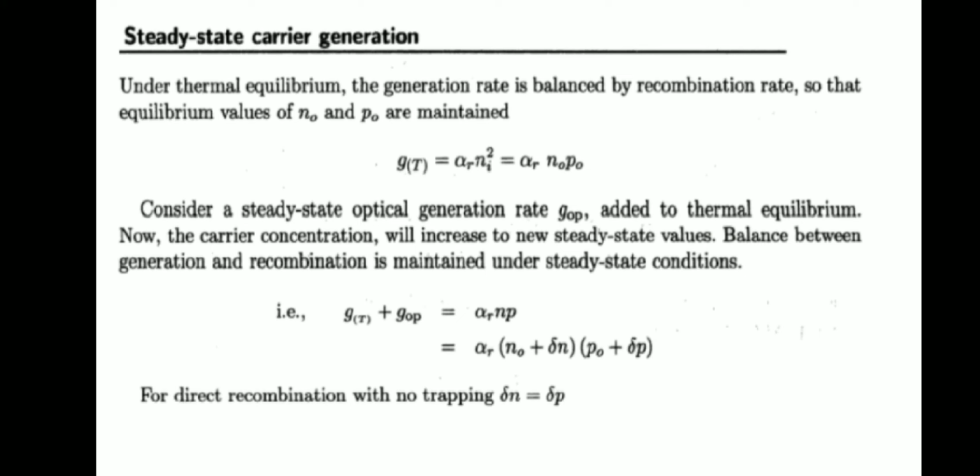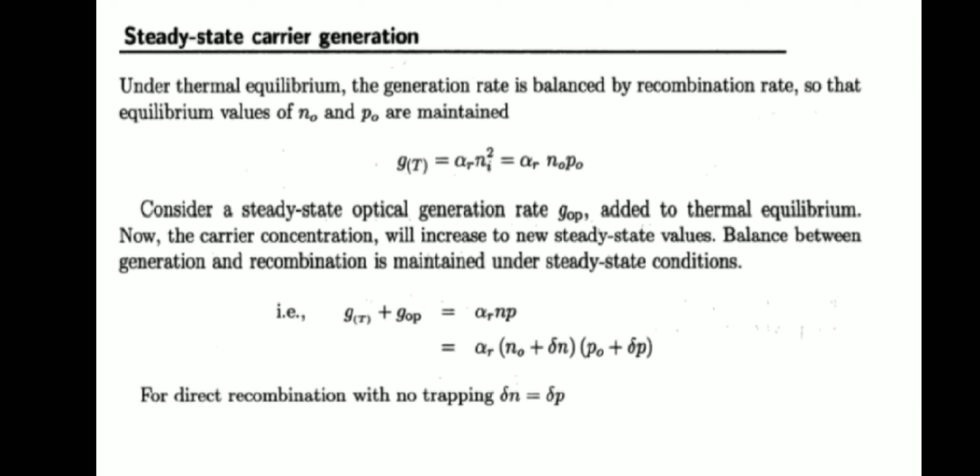So next we can see what is the expression for this carrier generation due to this optical energy. We know that under thermal equilibrium the generation rate is balanced by the recombination rate. That means somewhere generation can happen in the crystal, and some other place the recombination will happen. So the equilibrium concentration of electrons and holes under thermal equilibrium is represented as N0 and P0, and we